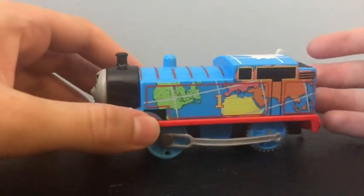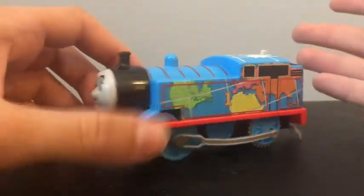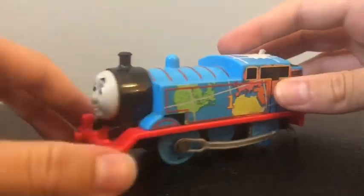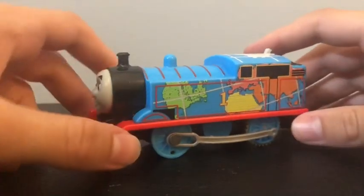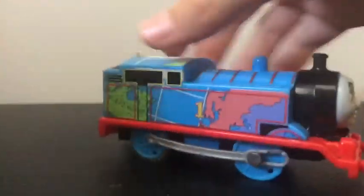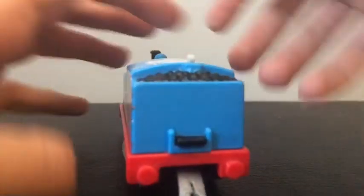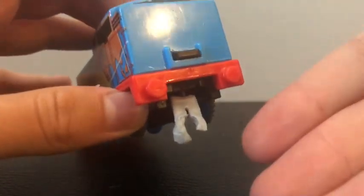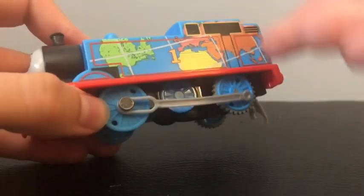I got this item from a thrift store, which I am really happy about because I don't have this version of Thomas. It is a brand new item for my collection. Definitely the highlight of all the items that I got. Side rods are in pretty bad shape, bent and kind of scuffed up. The coupling is just like, look at that. Like, bro, whose kid chewed on this shit? Like, what? So yeah, I'm definitely gonna have to replace the side